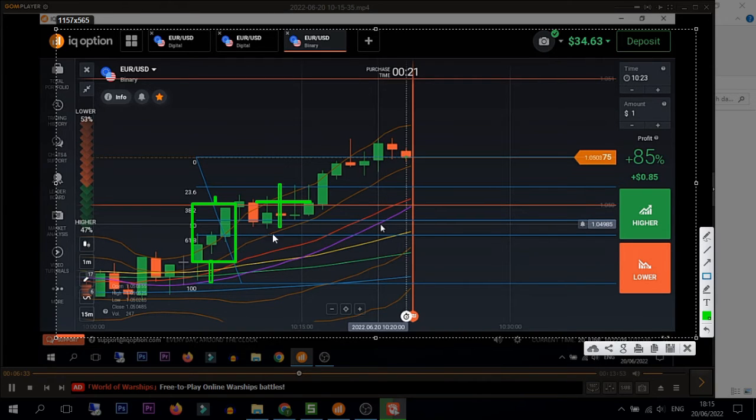Okay, and the first thing is I saw this was the round number. Okay, this is the round number, and I expected that this is not going long or going into an uptrend. I'm expecting this weak candle to be a reversal here, because this is not breaking with a